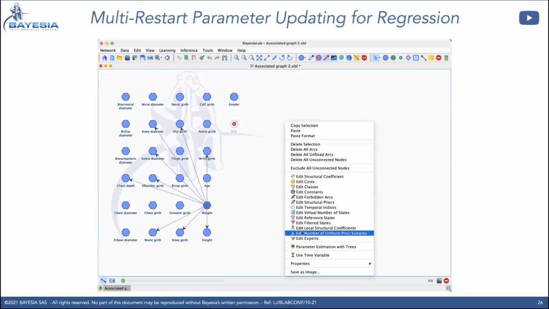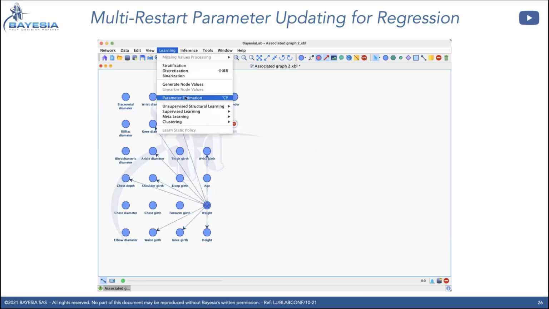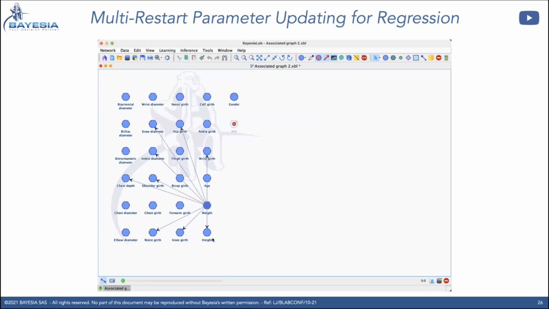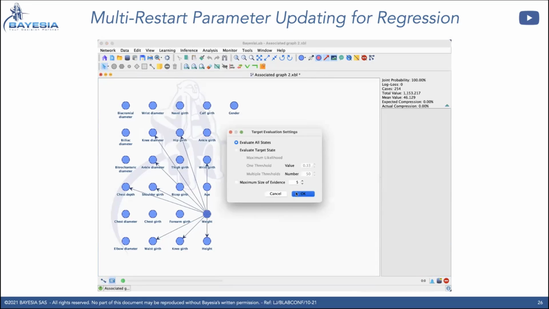And so in order to prevent the impossible combinations here, the solution is to use a Dirichlet prior to set a non-informative prior. So we just do that by using the classical smooth probability estimation. We just add like one virtual sample that is spread uniformly across the joint probability distribution. We use Markov blanket learning. We switch to validation, do the performance analysis, and now we have a performance of